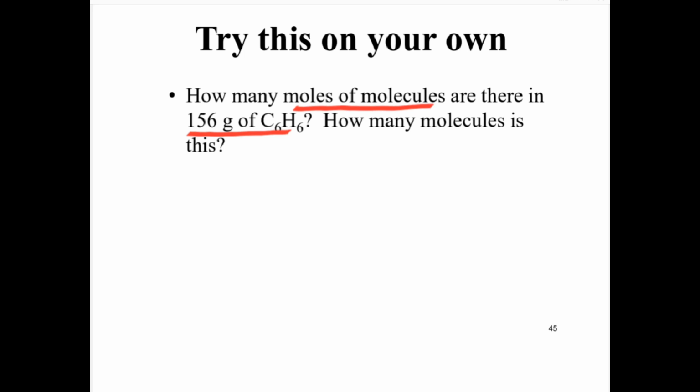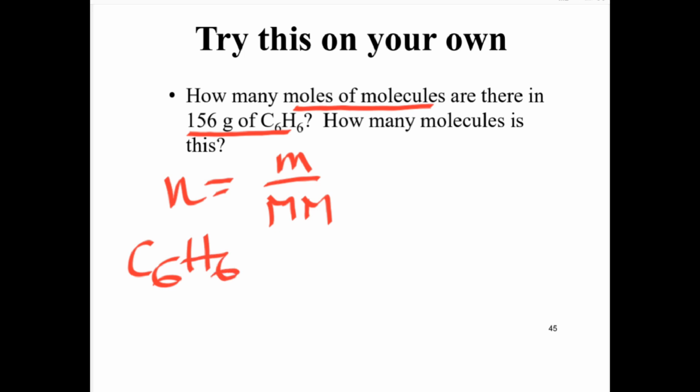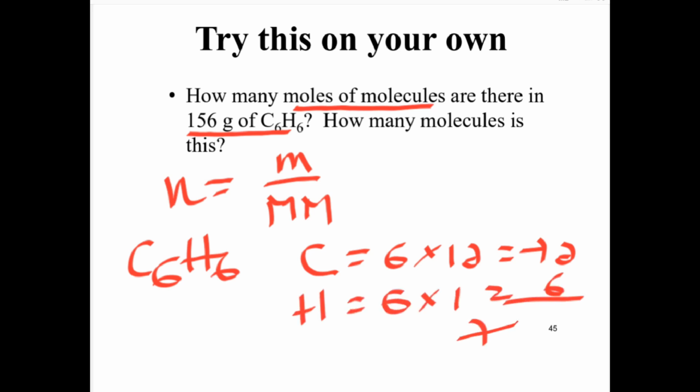ስለዚህ መጀመሪያ የተጠየቅነው ምንድነው? ሞል። የተጠየቅነው ይህን ያህል ክብደት ያለው ቤንዚን ምን ያህል ሞል ነው ተባለ። ከዛ ደግሞ በሞለኪውልስ ምን ያህል ሞለኪውል ቢሆን ይሄን ያህል የሚመዝነው ወይም ደግሞ ይሄን ያህል ሞል የሚኖረው ነው የተባለው። ስለዚህ መጀመሪያ ሞል ማግኘት። ሞል ማለት ማስ ኦቨር ሞላር ማስ ማለት ነው። ሶ የቤንዚን C6H6 ሞላር ማስ ስንት ነው? in 1 mole of ቤንዚን ስንት ካርቦን አለ? 6 አለ times 12 72 ሃይድሮጅን 6 ሞል ነው ያለን times 1 is 6 ስለዚህ 78 ግራም ፐር ሞል አለን ማለት ነው።